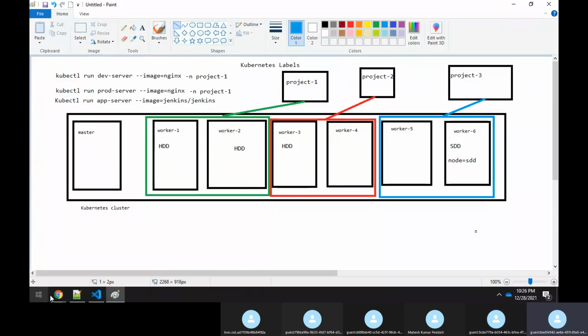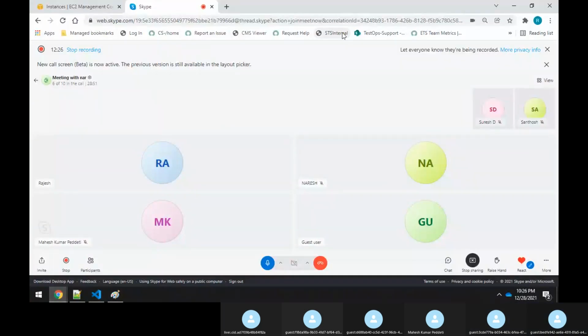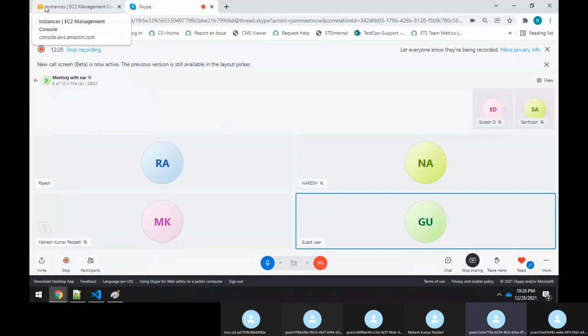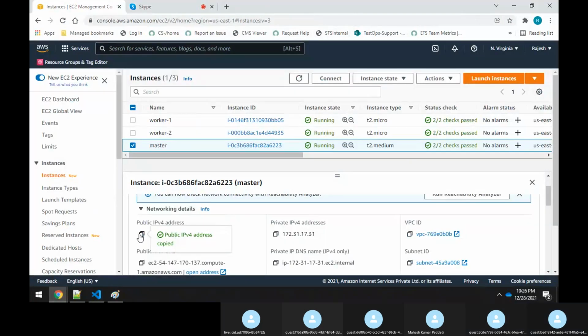Okay, now let me log on to the master node.